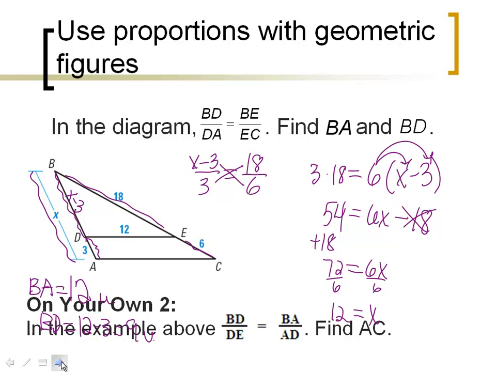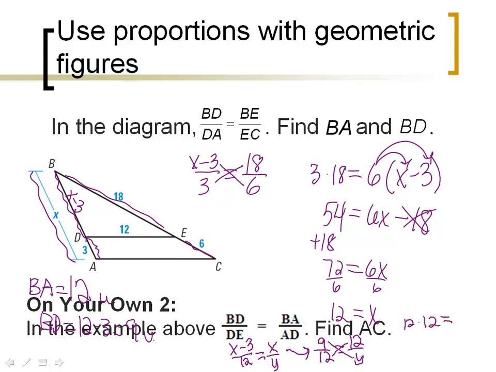Okay, welcome back. Setting this up, you should have set up the problem x minus 3 over 12 equals x over y. But we know that x is 12. So 12 minus 3 is 9 over 12 equals 12 over y. Okay, so we can do that because we know that x is 12. And then we just use our cross products property. 12 times 12